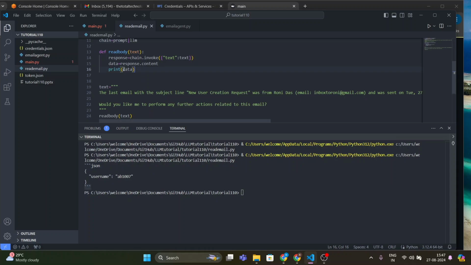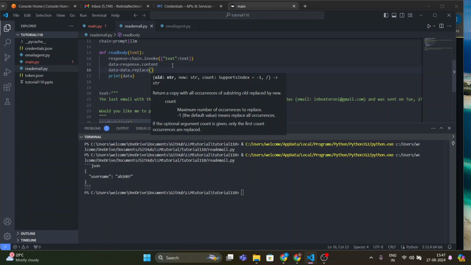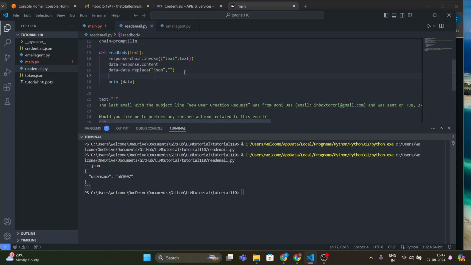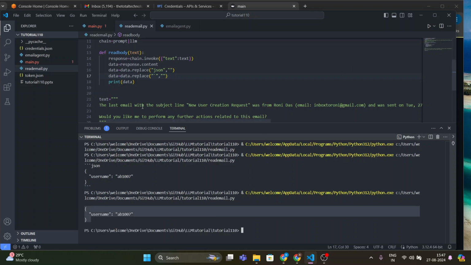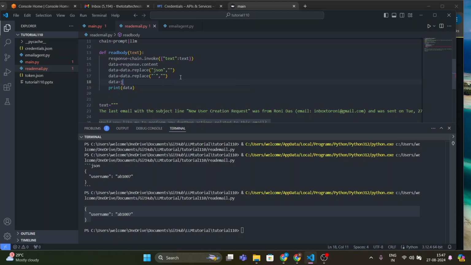So for that, what is required, data equals to, let's see, but this is still not JSON, this is still a string. So what I have to do, data equals to,